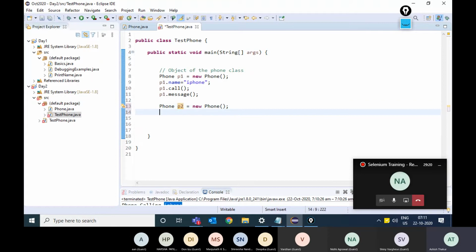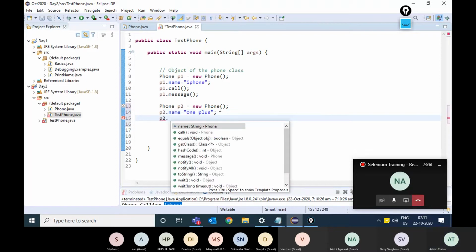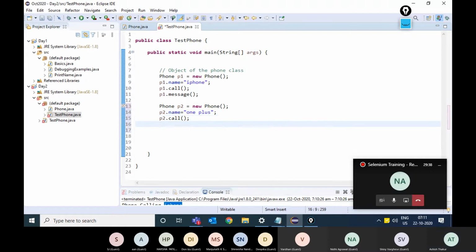I can create the object p2 and I can write p2.name is 1 plus, and I can call p2.call and p2.message. I can call these two functions.